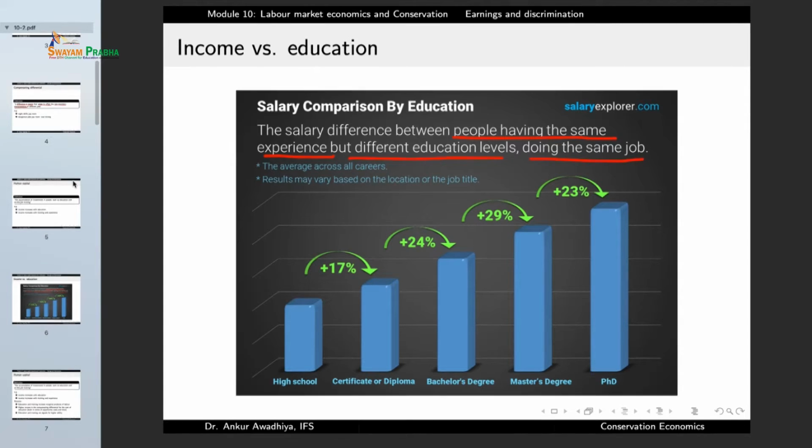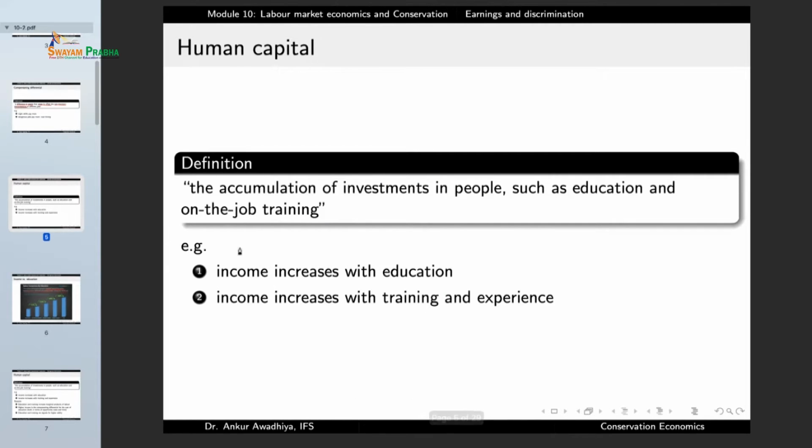So in this case, we are paying these people more on account of the accumulation of investment in the people by means of education or training. So this is a modulating factor. Because of this factor, the neoclassical theory of distribution does not exactly apply. So this modulates the results of the neoclassical theory to some extent.